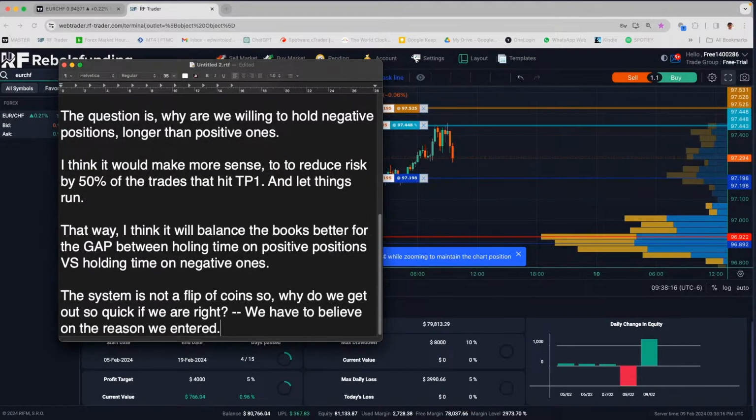Because then maybe we will have less profitable days, but the winning days will be bigger and better. I don't know. I just remember also many times we get some profit and then it just goes back, right? Because we don't do too much analysis of things. We just trade for the time being.